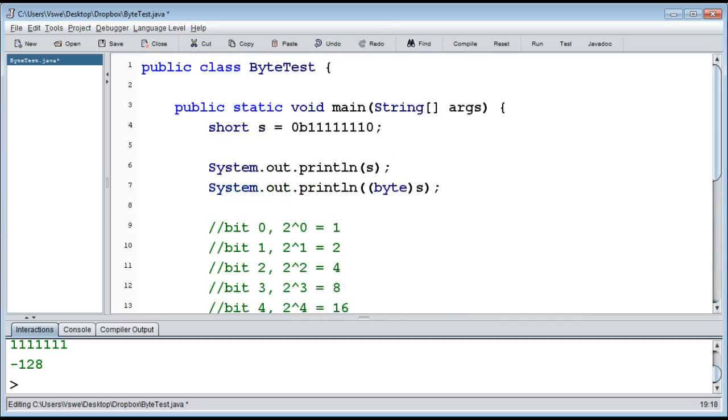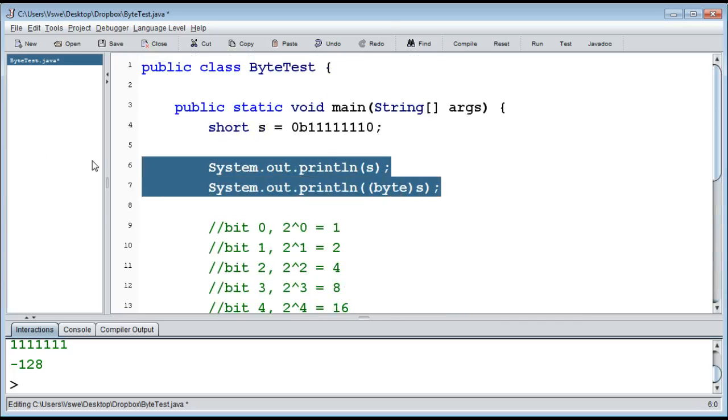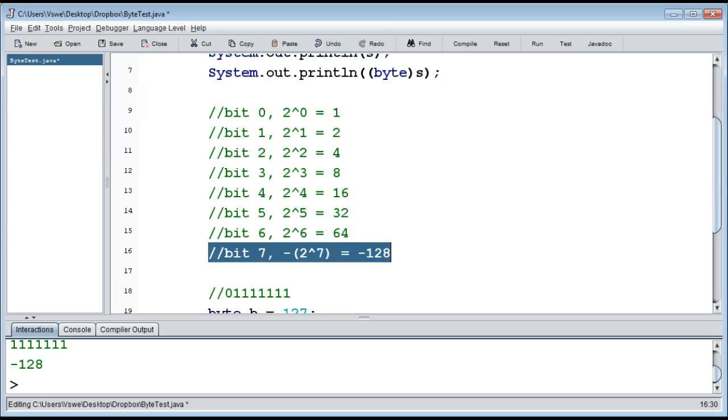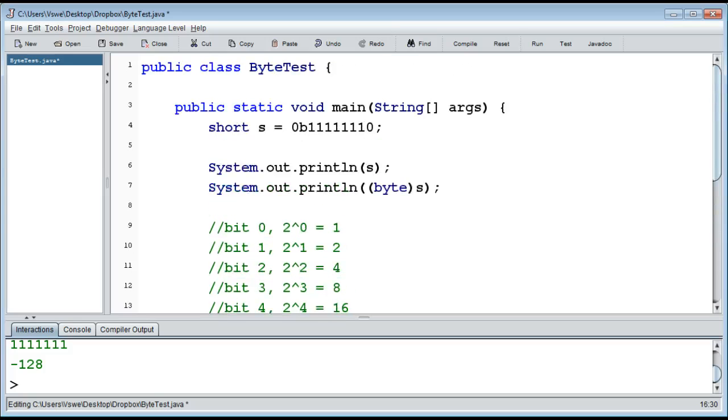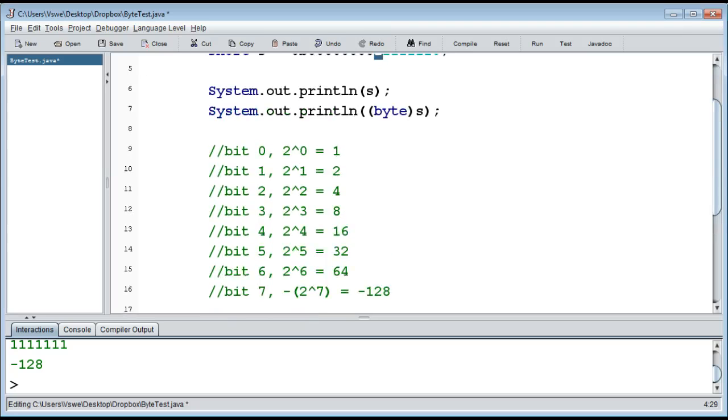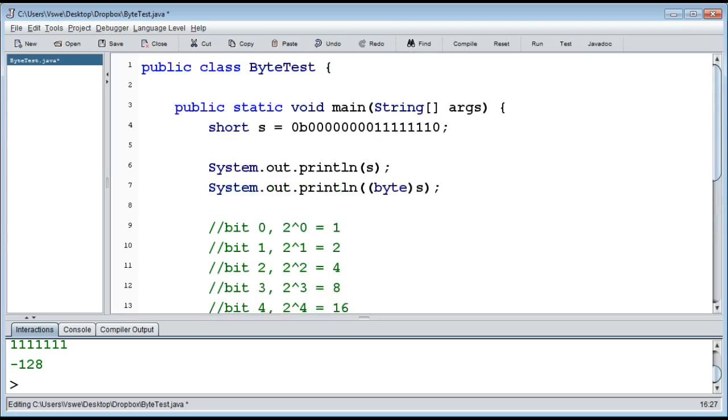So now when we know that the highest bit is actually negative, we can go back and answer the question, why is this messed up here? Well, I haven't said that the 7th bit is always negative. What I've said is that the last bit is representing a negative thing. So what happens is that a short has 16 bits. So what we actually have for the short is 1, 2, 3, 4, 5, 6, 7, 8 more zeros in there. So this one here is not representing negative 128. It's representing plus 128, just because it's not the last bit for a short. However, for a byte it is the last bit, because then we just grab all 8, and therefore the first one there is going to be represented